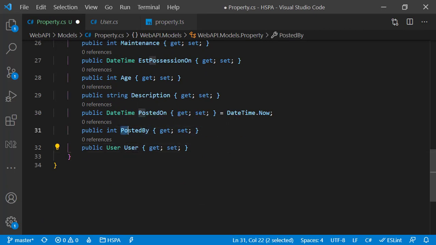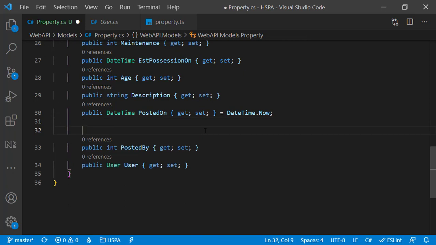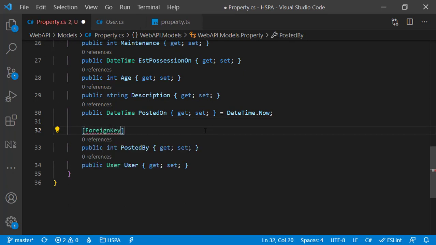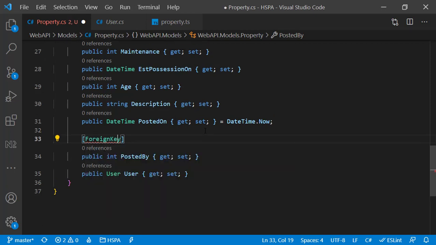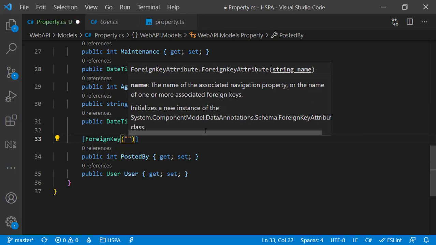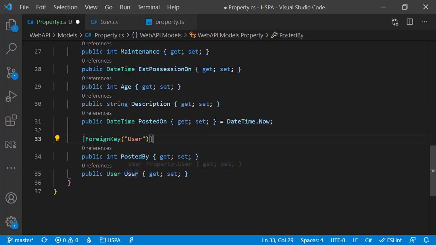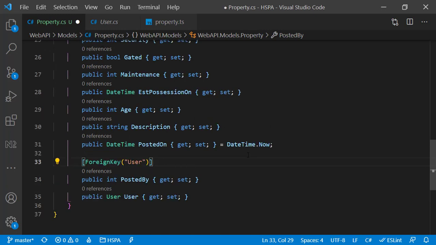So how to define a relationship in this case? Well, entity framework provides us foreign key annotation that is available in the data annotations .schema namespace. And here as parameter, we can tell the name of the associated navigation property to look up to define the relationships. So using these two different ways, we can define the foreign key relationships to the other entities.